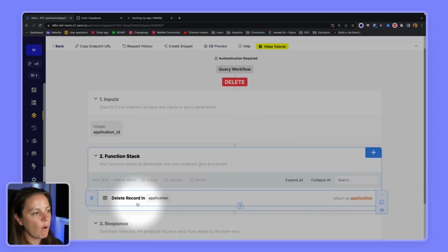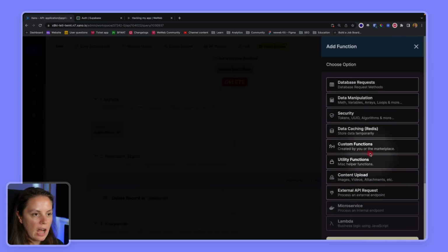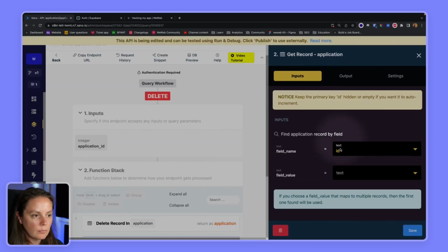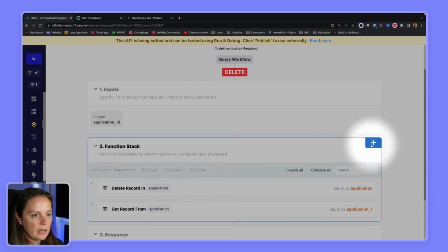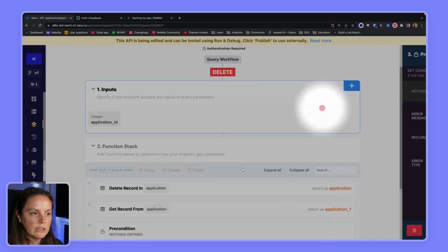And here, before agreeing to delete the application based on an application ID, I will get the application itself based on the input value. And then I will add a precondition